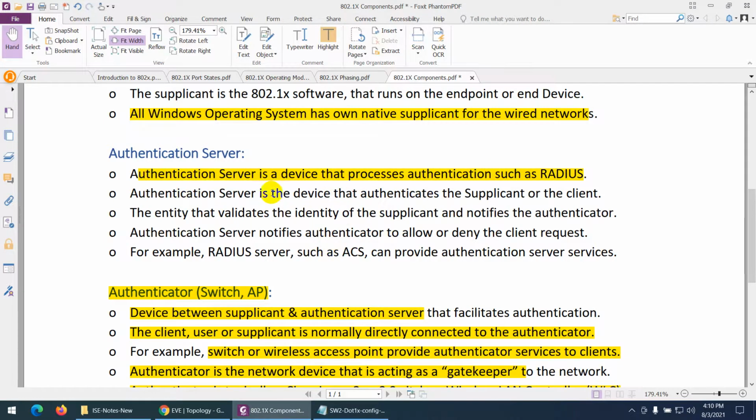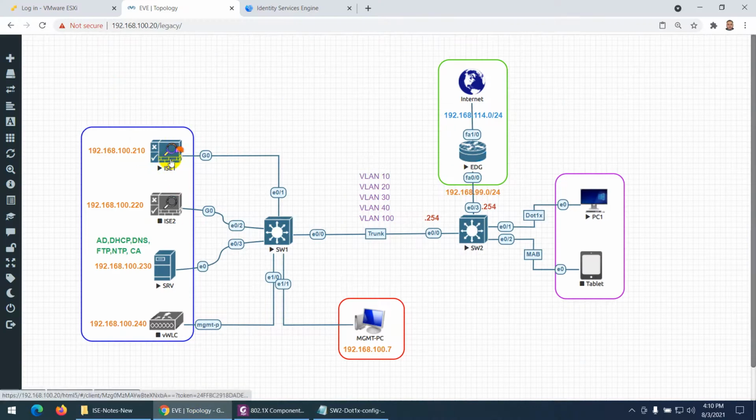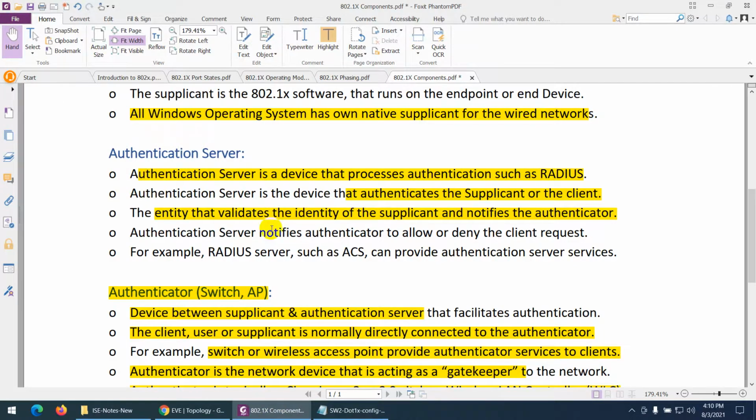It means he is the authority to authenticate the supplicant, client or endpoint. It is the entity that validates the identity of the supplicant and notifies the authenticator. He authenticates these devices and notifies the switch to take this action and allow. So that is called authentication server.